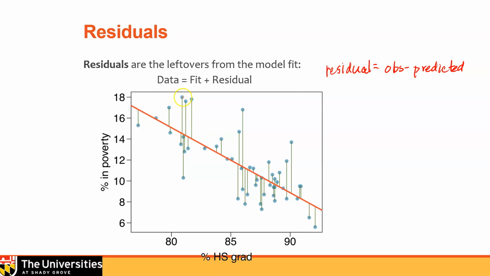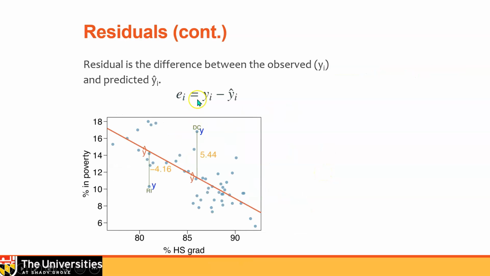So anything above the line has a positive residual. Anything below the line has a negative residual. You see, in some cases there's very little residual at all, very small. In some cases there's very large residual. So it's a sense of how well the model picks up that variation, and also how well the line minimizes these large items. We're looking for a way to minimize the residuals, which are a measure of the error. Here we have it written here. This happens to show us the negative residual for Rhode Island, the positive residual for Washington, D.C.